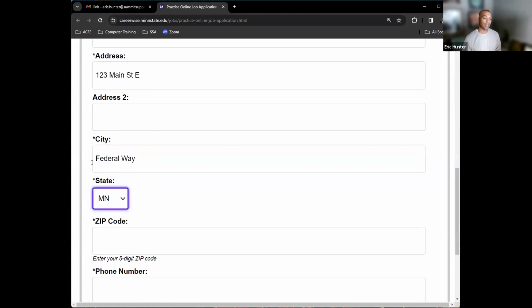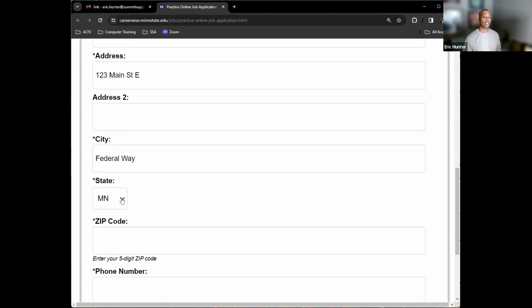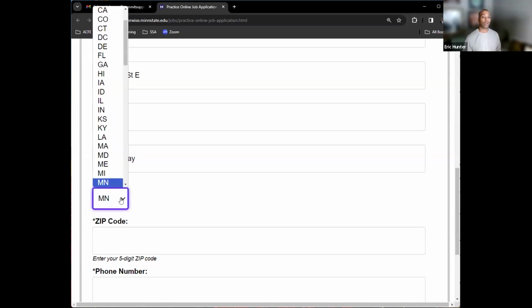When we get to state, notice that there's a drop down. So right here, if I click that little down arrow, it gives me all the states in the United States and actually some additional ones, right? Some in Canada, Quebec, Ontario, etc. But if I click on the state and I just want to go to Washington, if I don't want to scroll and look for Washington, we've all done that, right? Where you do the drop down and then you have to scroll to find Washington or to find whatever state